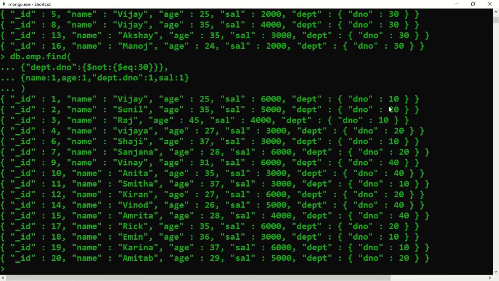So here the department number is 10, 20, 10, 20, 10, 20, 40 is also there, but there is no 30. So except 30, all the other records have been listed. So not is used for negating a particular condition here.